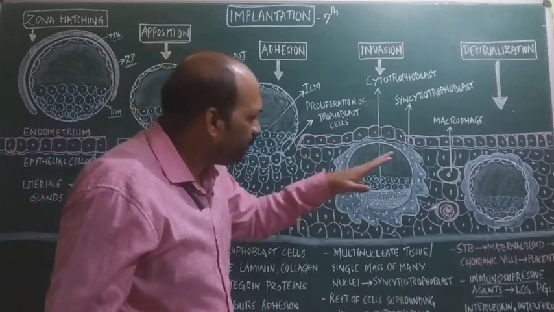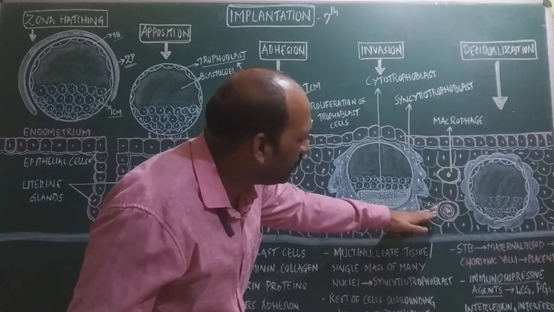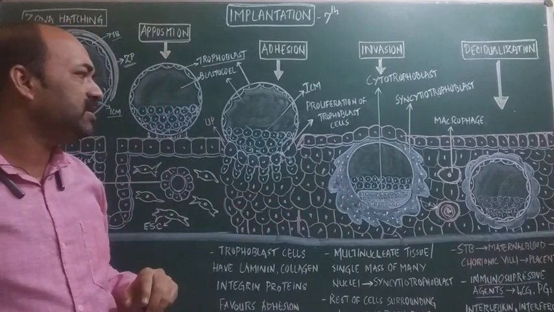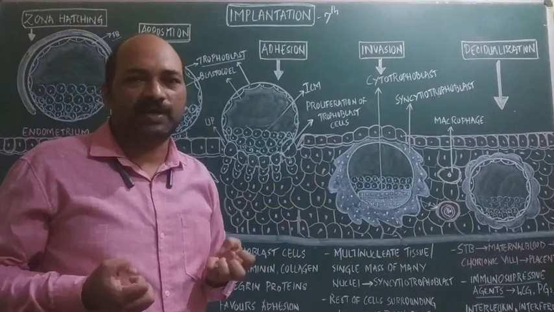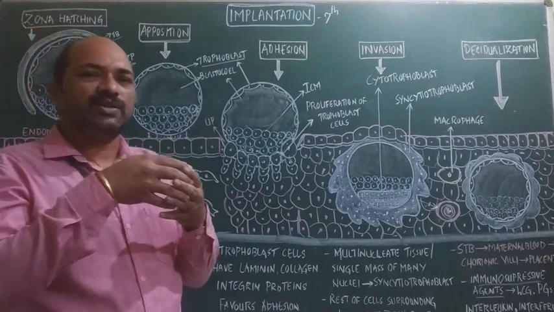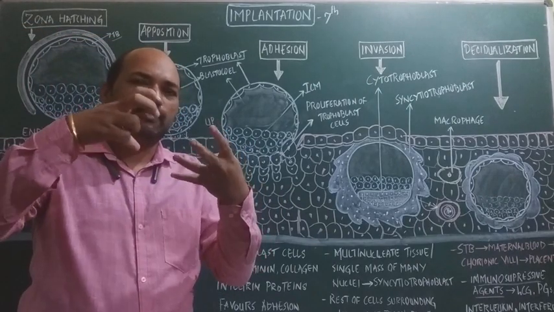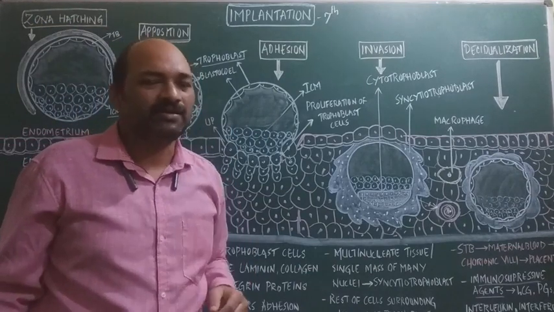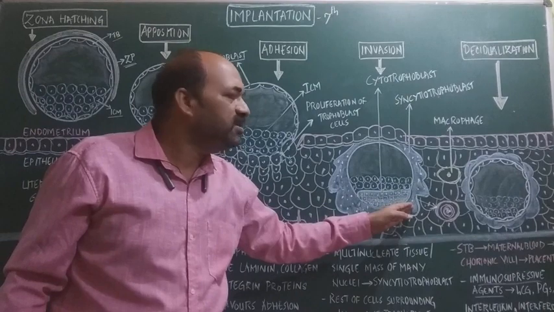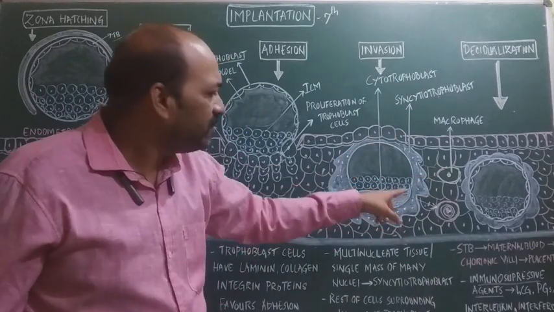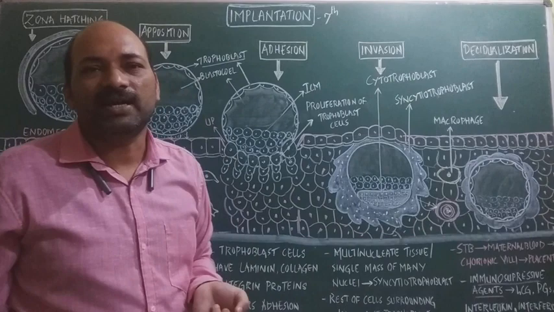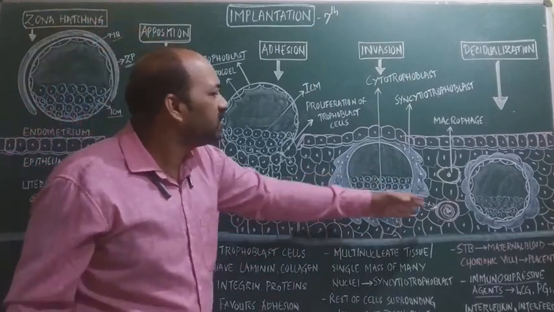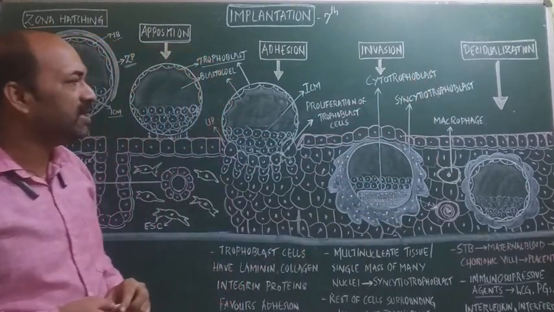And thereafter this syncytiotrophoblast comes in contact with many uterine arteries to absorb nourishment, and thereby a physical connection between the villi and the maternal blood vessels takes place, and that results in the formation of the placenta. So this connection between the syncytiotrophoblast and the maternal blood vessels is the initial step in the formation of the placenta. Okay, so that is what happens in the case of decidualization.